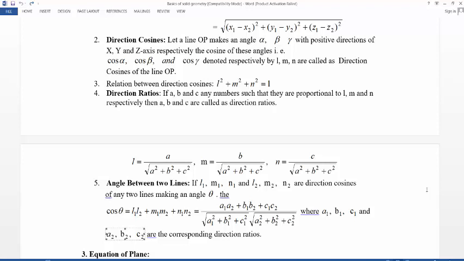Note that there are two lines and its direction cosine suppose we have given, then this formula, and direction ratios are given, suppose A1 B1 C1, these are direction ratios of line L1 say, and A2 B2 C2 are the direction ratios of line L2. Then angle between L1 and L2 say theta, that is given by this equation, cos theta is equal to this one.